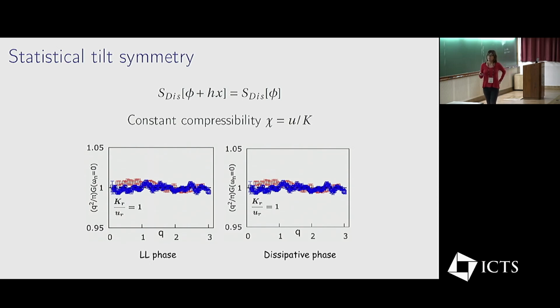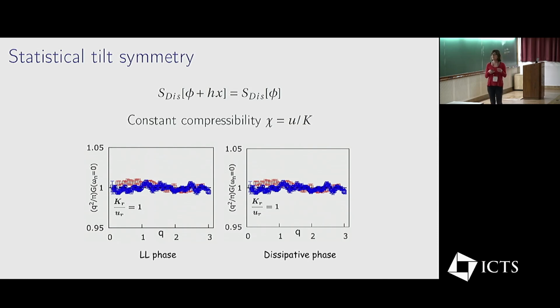Now, the other property that I was mentioning is the compressibility. In the Luttinger liquid Hamiltonian, the compressibility is expressed by the ratio of U over K. What happens with the bath is that U is renormalized and K is renormalized, but the ratio U over K is not touched. And this is because there is a symmetry which concerns